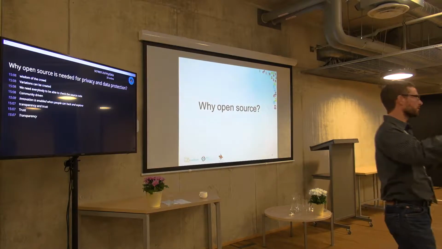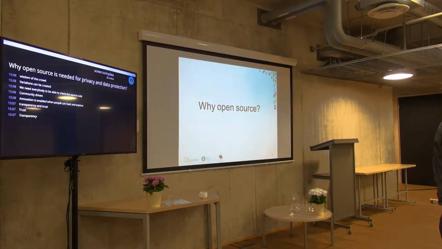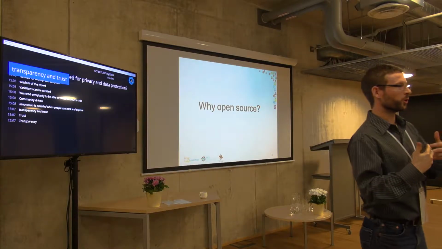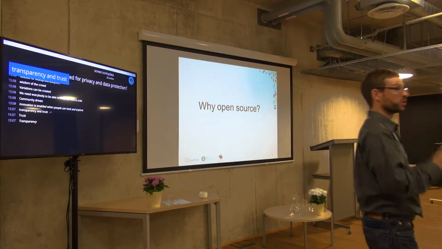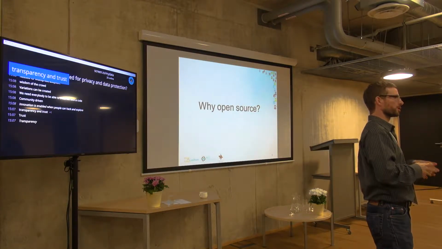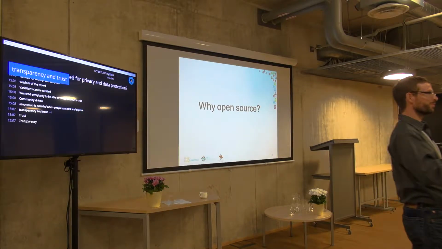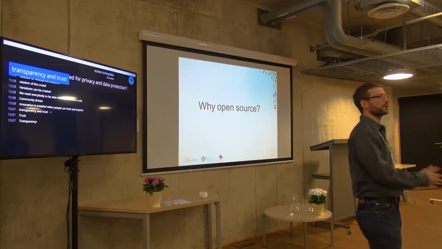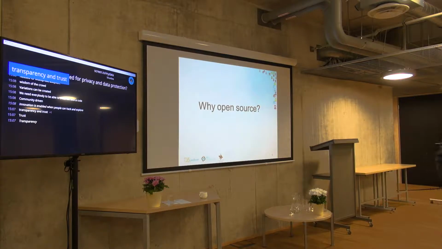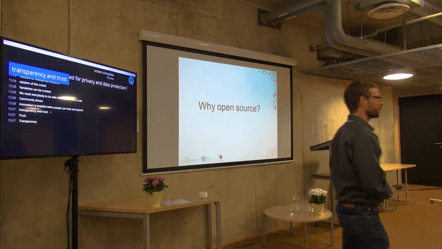So it's related to what many of you said, but in the personal data space, we need to build trust. If we're a MyData operator or a data controller or a data processor even, we need to engender trust with those who we have the privilege and the honor to do something with their data. So we need to build trust, and how do we do that? I think first and foremost through transparency, and how can we be most transparent is to show exactly how our software is operating.